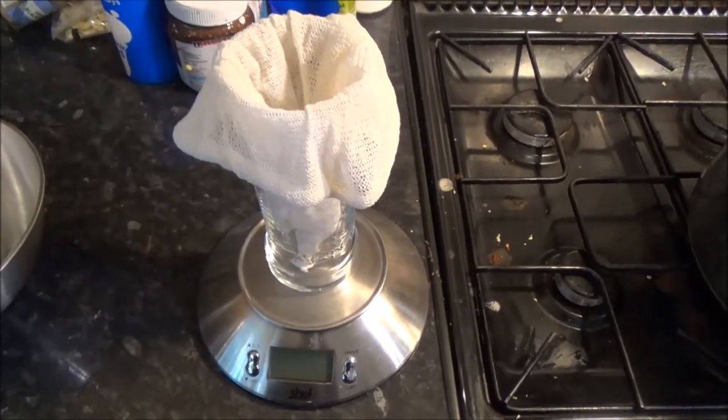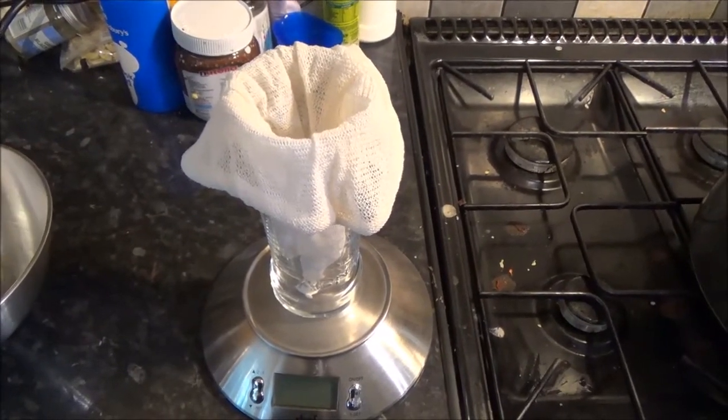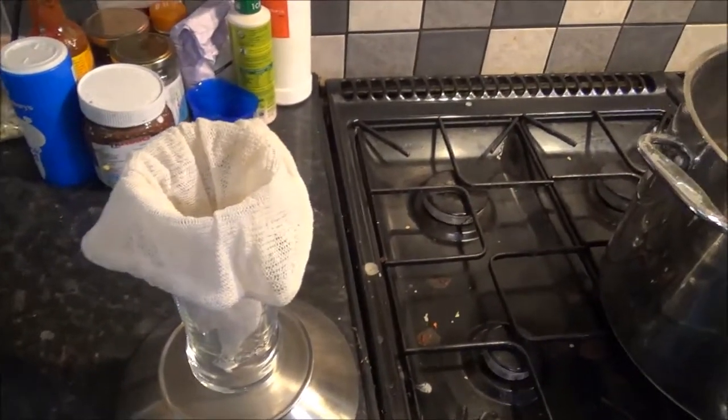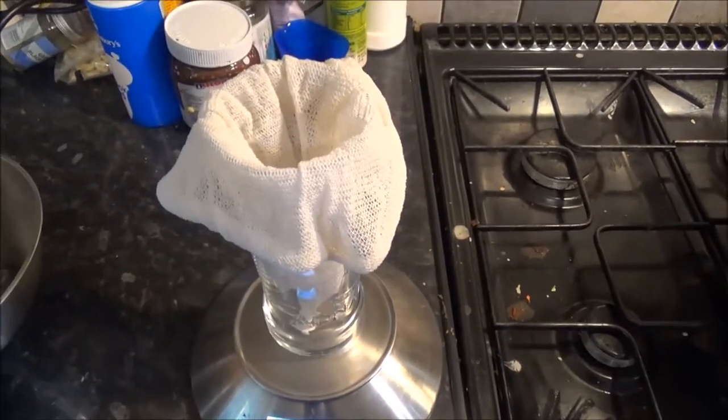This, as you're probably saying to yourself, what the hell is that? This is a hop sock or a grain bag. And what we're going to do is we're going to measure out our grain. Now, because we only need about 150 grams of it,